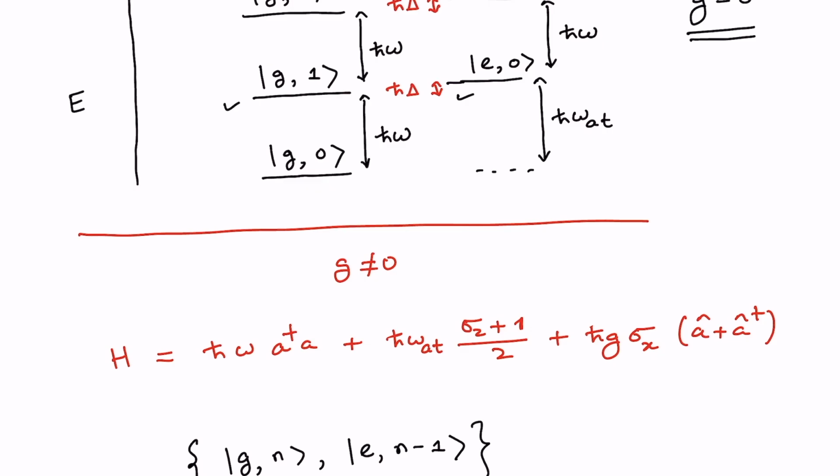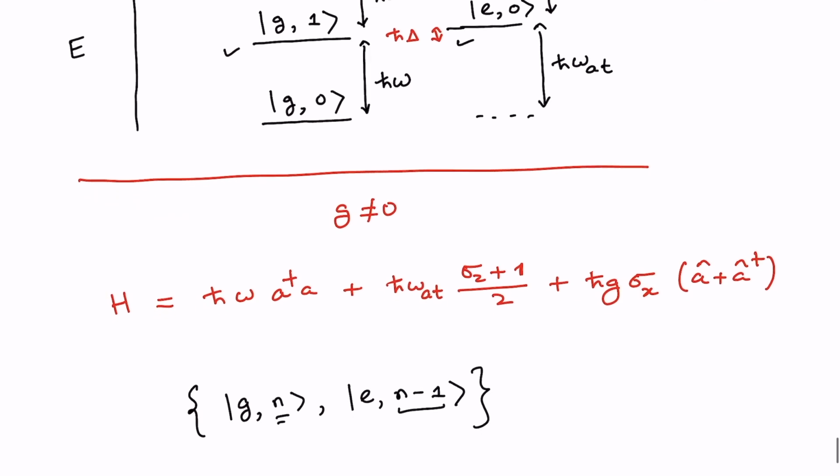In these two adjacent energy levels, when the atom is in the ground state, there are, say, n quanta in the field mode, and if the atom is in the excited state, a quantum has been absorbed from the field, so there is one less quantum in the field mode. That's why it is n minus 1. So that's the reason we can take this as our basis state, and this is called the RWA, the rotating wave